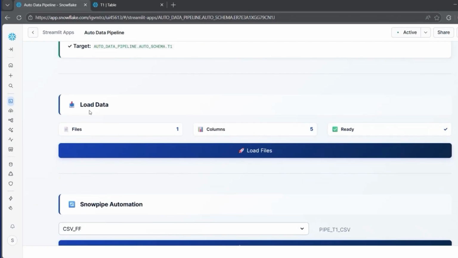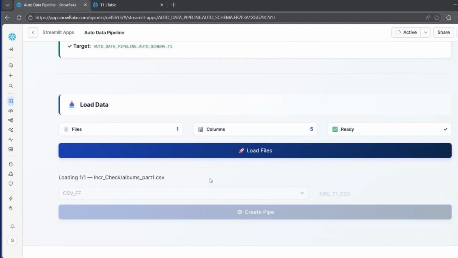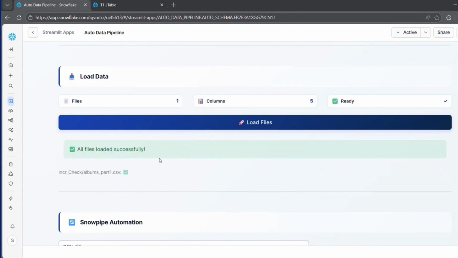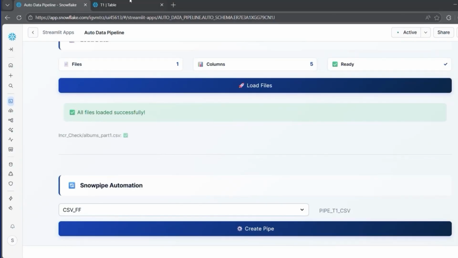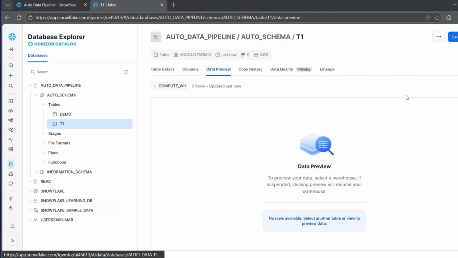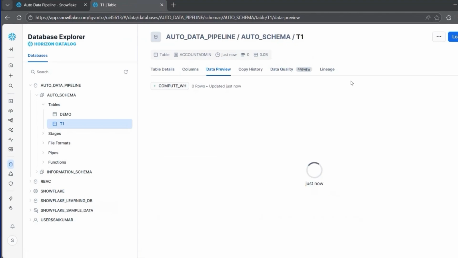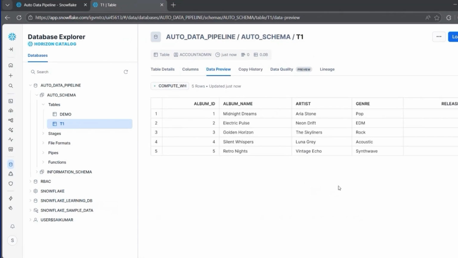Coming to the next part, you can see the number of files you have selected, the columns it has, and the ready status if it's ready to load. It's ready, so we can load the data. If I press on load files, all files have been loaded. This should accurately copy the data into here. If I refresh it, you can see the data is loaded with just the UI steps. So coming back,